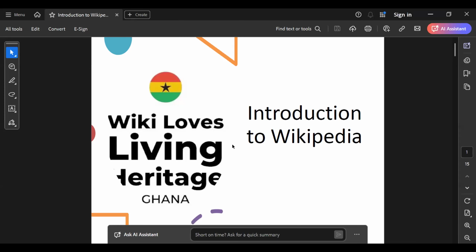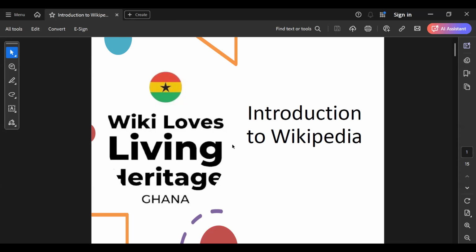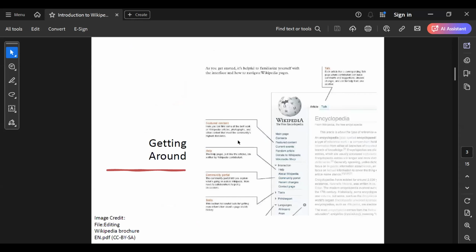Okay, so Wikilab's Living Heritage is what brought us to this session. I have very few slides to share with you before we all make our first edit on Wikipedia.